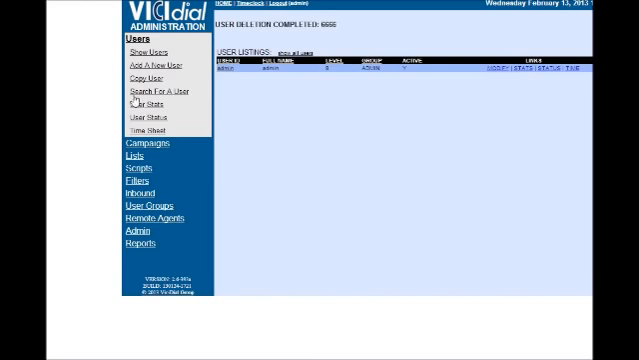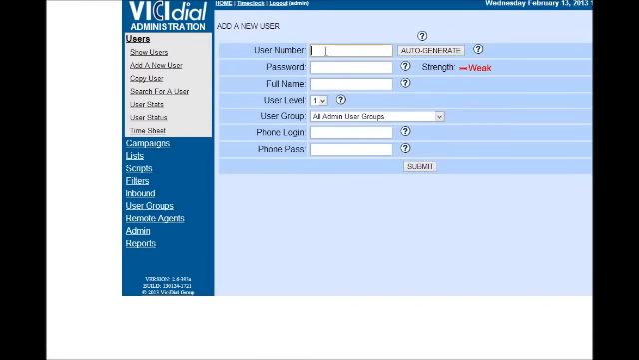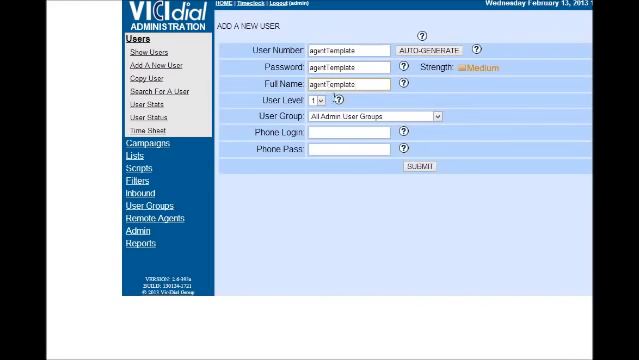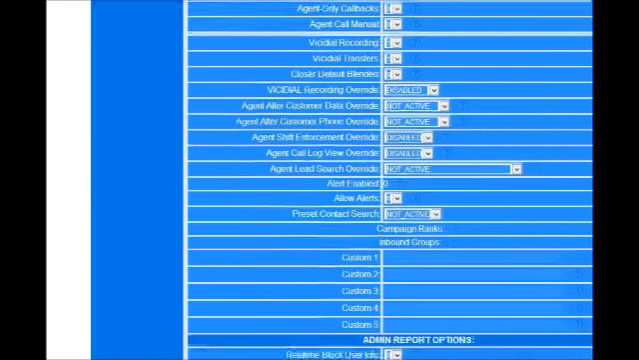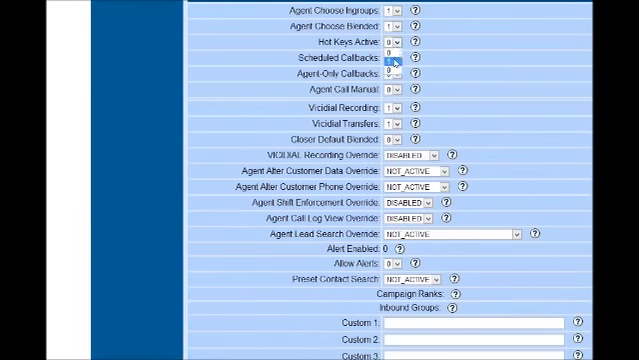Next thing you want to do is make an admin template. Sorry, an agent template. Agent template, they can be restricted. User level, just 1. Change the user group to administrators. At that point, the initial, you can change everything to a 1, which gives them access to most of their features except the